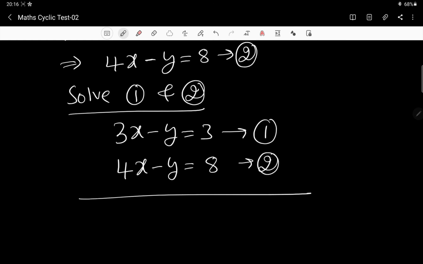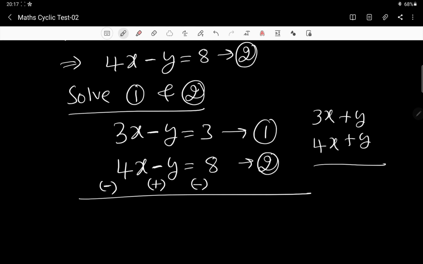Now this is minus y, and this is minus y. Both are the same, no? So both being the same means just subtract them. If you are subtracting, the sign becomes minus here, plus here, and minus here. Look at this, dear children. If plus y and plus y are there, what do you do? You subtract, no? For example, 3x plus y and 4x plus y equal to something like 8. Now this is also plus y and this is also plus y, so you subtract them. Now minus y is there, then also you subtract, and the sign becomes plus. See, this is one trick which you should know.